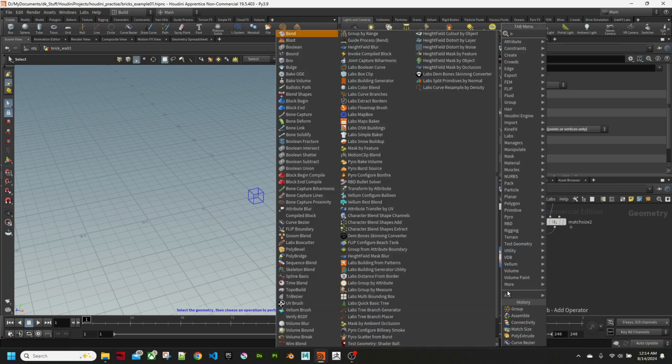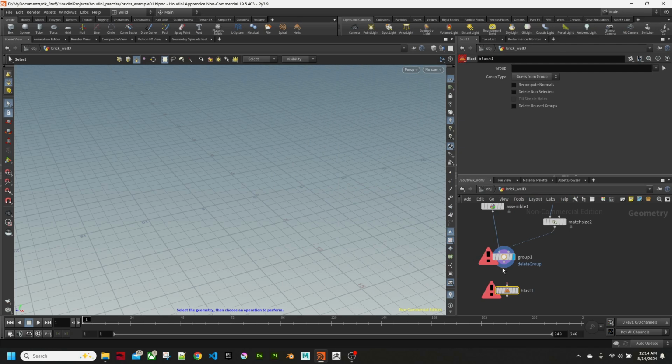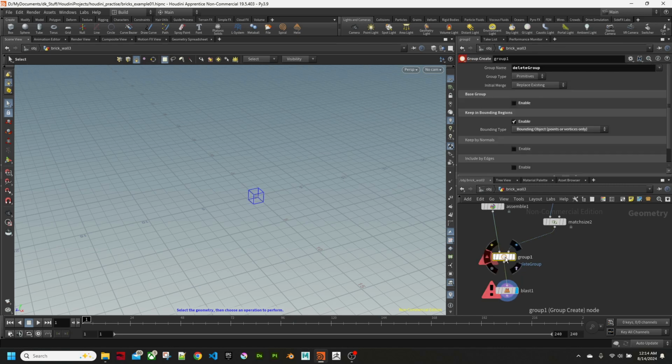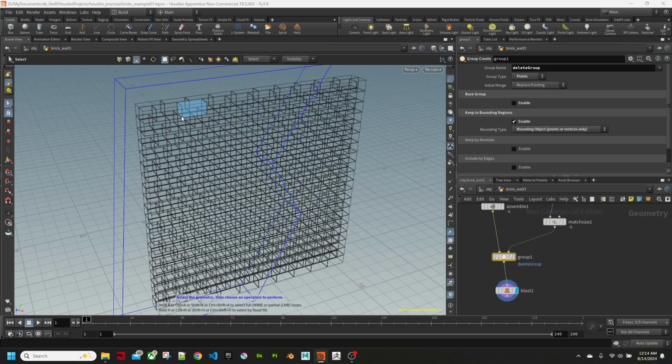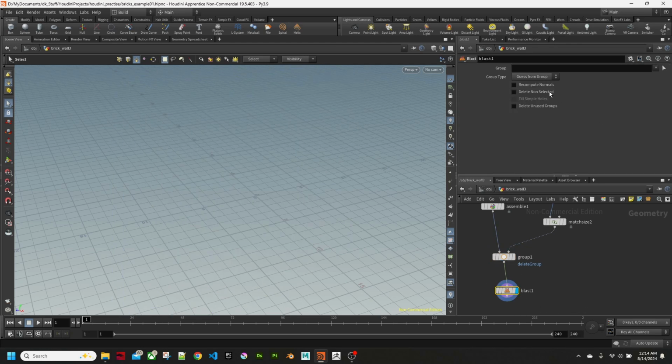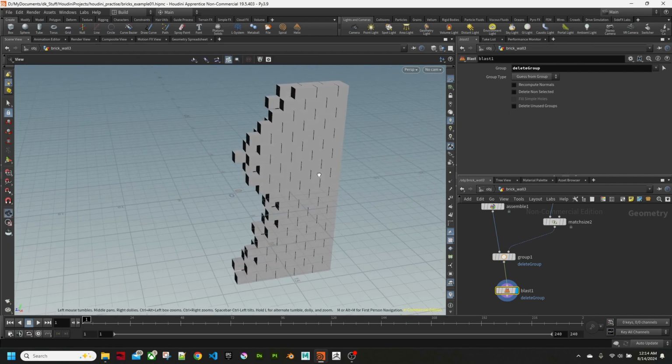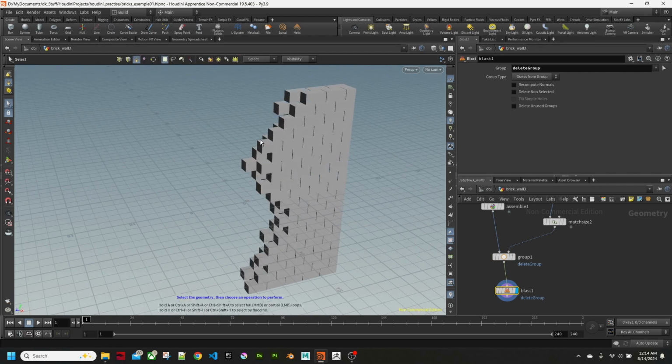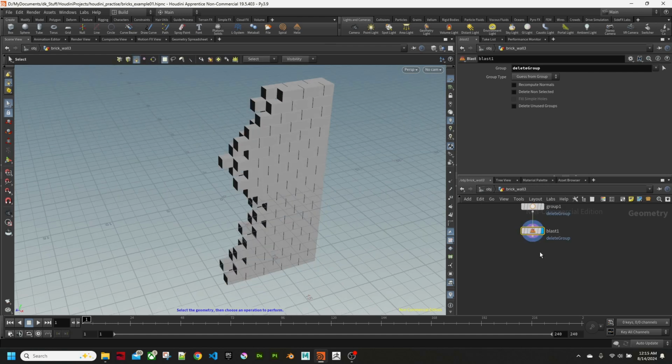Now if we put a blast in, we have to set this to points. Now if we put a blast in and use delete group, there you go. We've got the basic broken brick wall. So now that we have a broken brick wall, we're going to give it some rough edges,